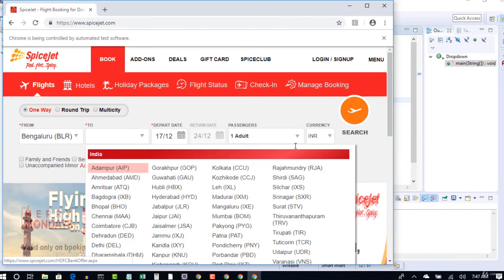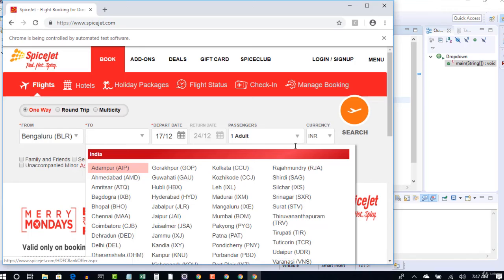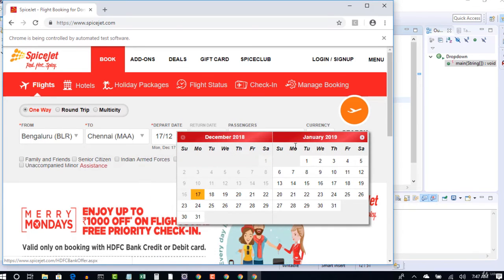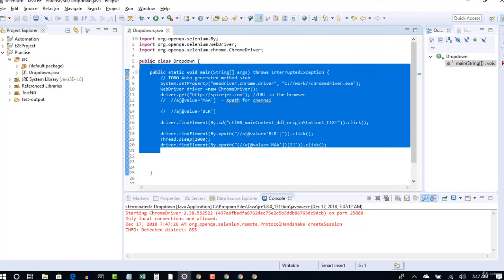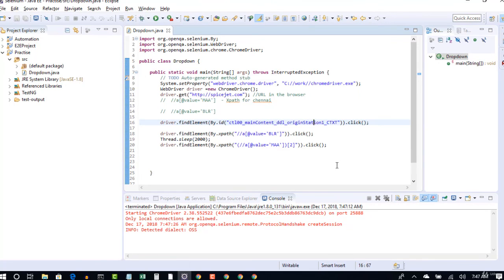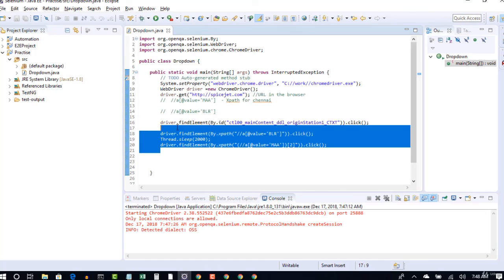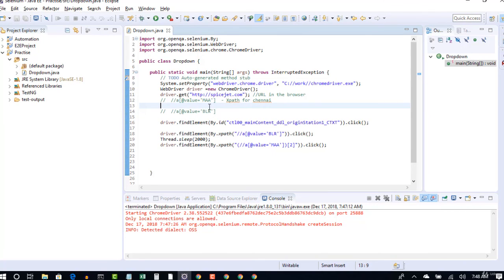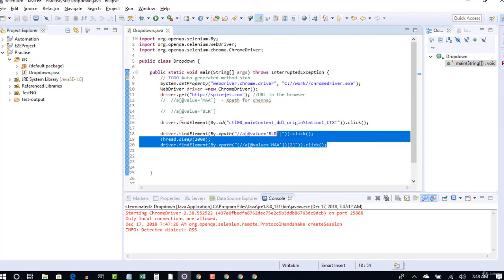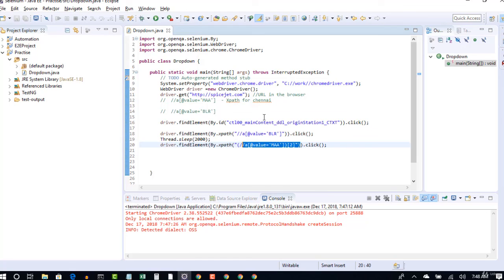It selected Bengaluru and in 2 seconds you see that it selected Chennai. Done. And there is no error message. You are all done. Perfect. The test is also completed. And this is how you have to handle a dynamic drop-down. Not only a dynamic drop-down, that could be any dynamic UI present on the screen. You should take care of how many instances your XPath has on the screen.